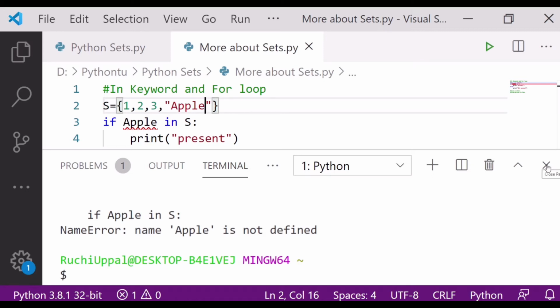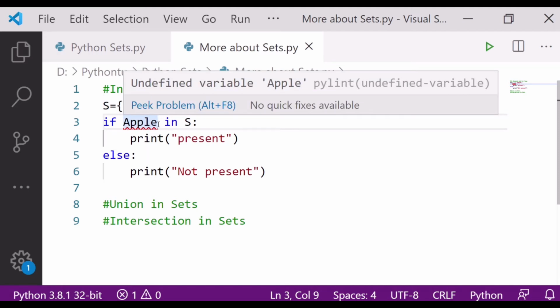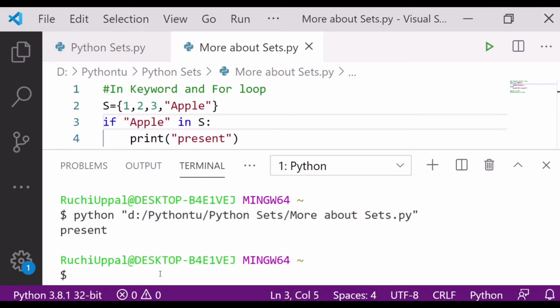If apple in s, okay, so it is saying present. So that means the apple string is present, the apple word is present in my set. So that's why it is saying present.